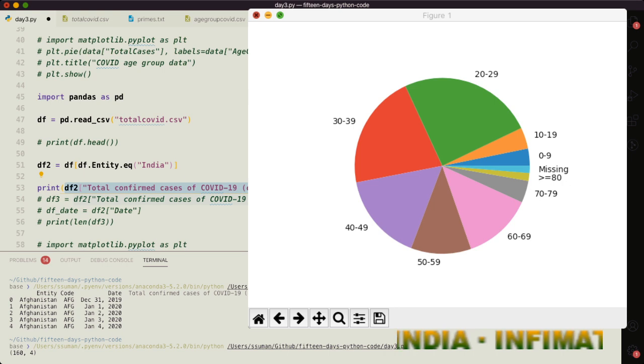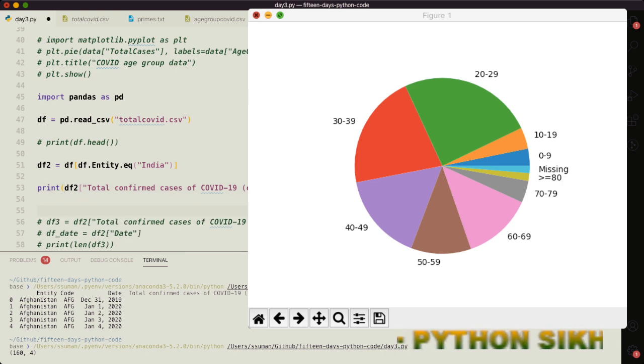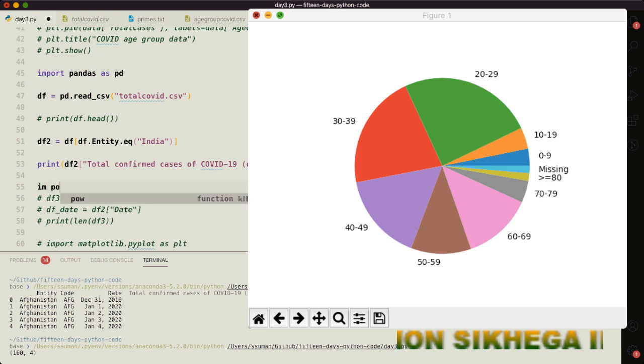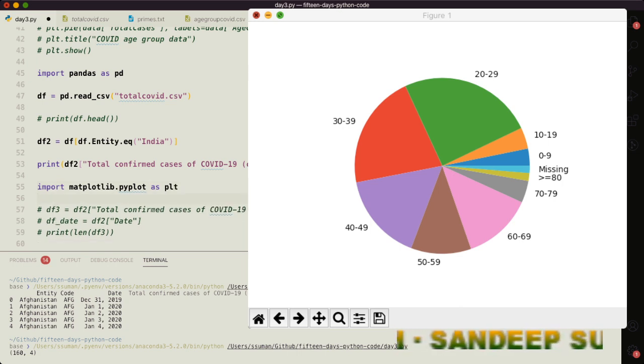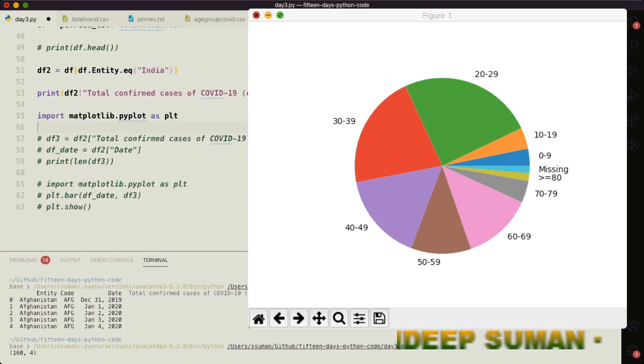So what we will do is plot this against the date variable. In order to plot this, we will use the matplotlib library. So import matplotlib.pyplot as plt, and then we would like to plot the number of positive COVID cases on a daily basis.